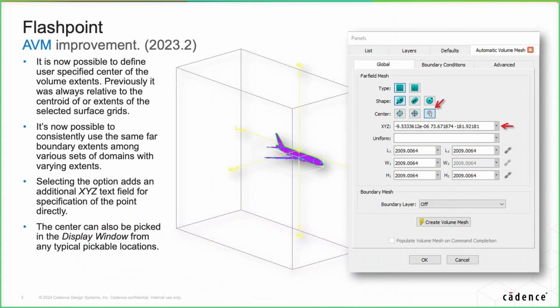And then the last change for the Flashpoint tools that I wanted to update on is automatic volume mesh. Again, we released this feature in the 2022 version of Pointwise. We realized, especially from user feedback, that we left out a capability that we really needed to have. Automatic volume mesh was determining a centroid for your far field boundary based on the surface grids that you brought into this command. And we realized that if a user brought in a slightly different set of surface grids,